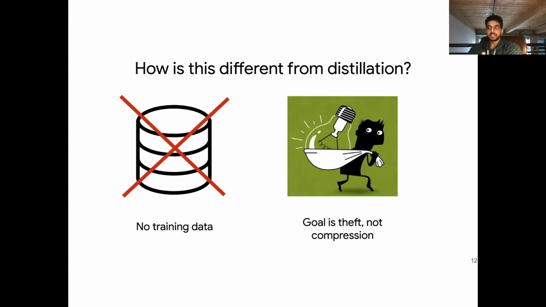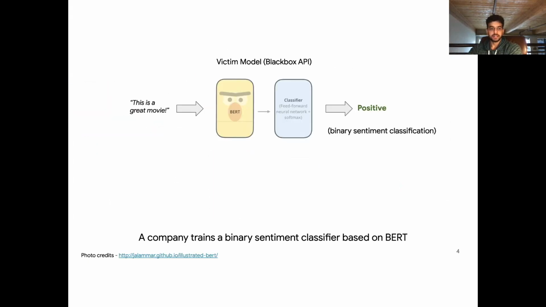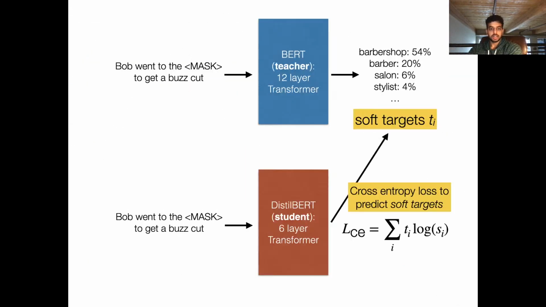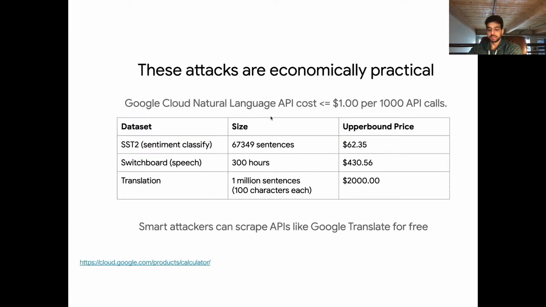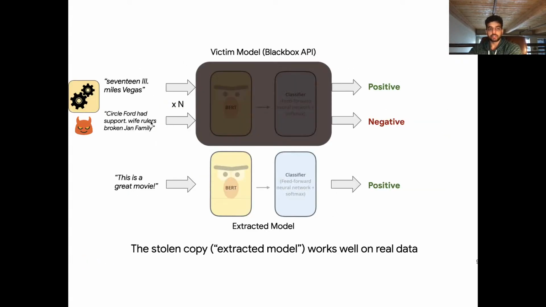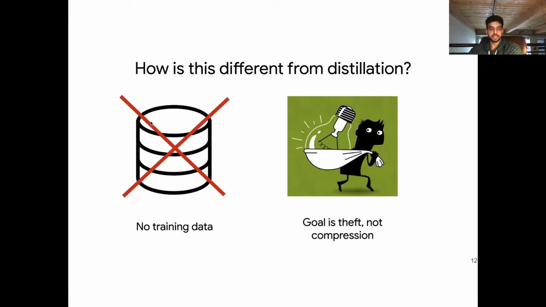So compared to the distillation process that we went over in the beginning of the class, here we're not assuming that we even have access to the original training data of the victim model, right? If we go all the way back to this example, we were assuming that both the teacher and the student have the same training data, and we're just varying the labels that the student model is being trained on. But in this extraction case, we don't even make that assumption, right? This model just observes this random gibberish text, and it's still able to work despite not seeing a real example of a sentiment